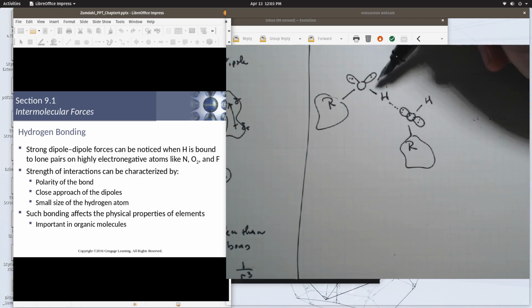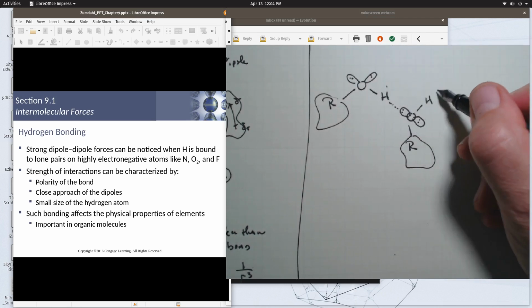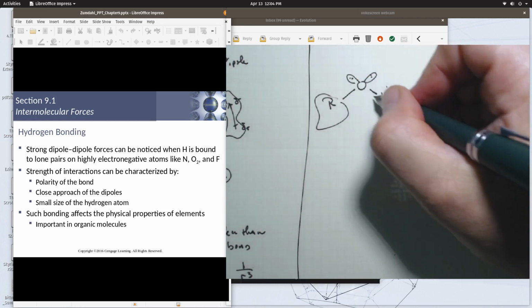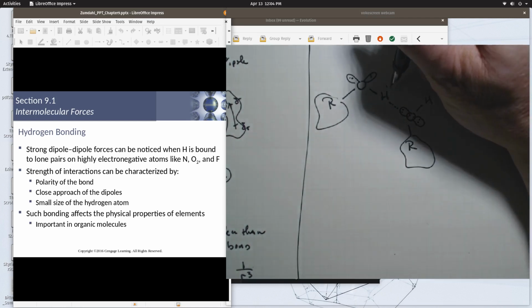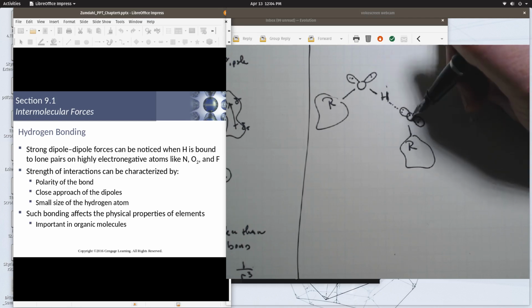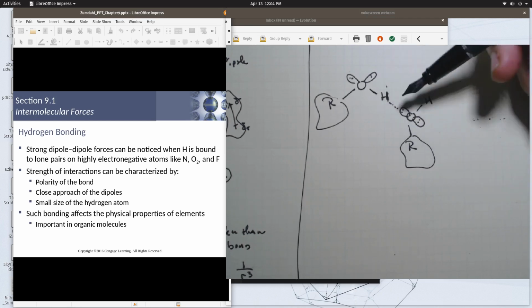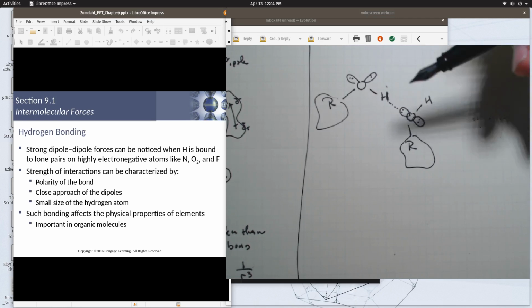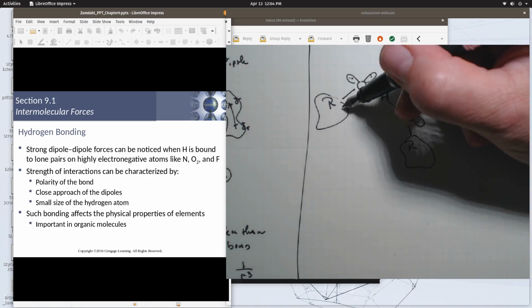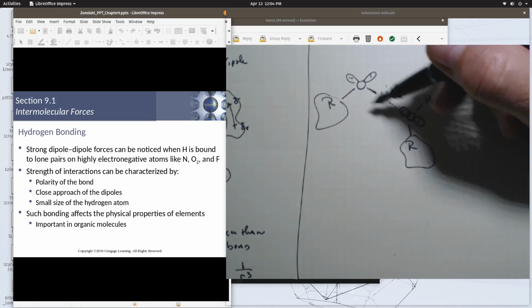Okay, but this hydrogen, which has a dipole, sees another dipole here. So here's a dipole for this thing, and maybe oriented positive to negative. Here's another positive to negative oriented along here. But this hydrogen can be fairly strongly attracted to this lone pair that's on this oxygen here. And in fact, one of the things that makes water special is that it has two opportunities for hydrogen bonding, because